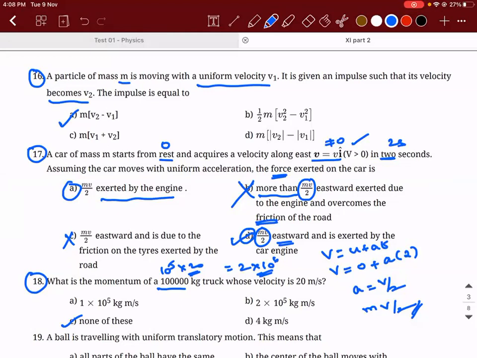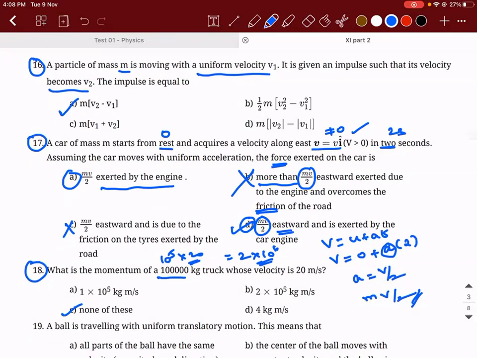Sir, here if we assume the car as system, then the force exerted by engine will be internal, right? Okay, but they didn't ask whether internal or external. So my question is, this acceleration is attained by the car due to whom? Engine, right? That acceleration multiplied with mass will give you the force exerted by engine only. Correct? Yes, sir. That is the reason.